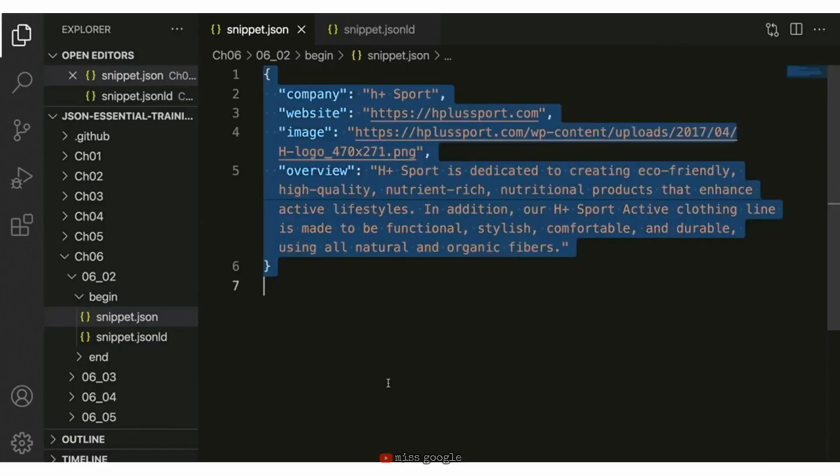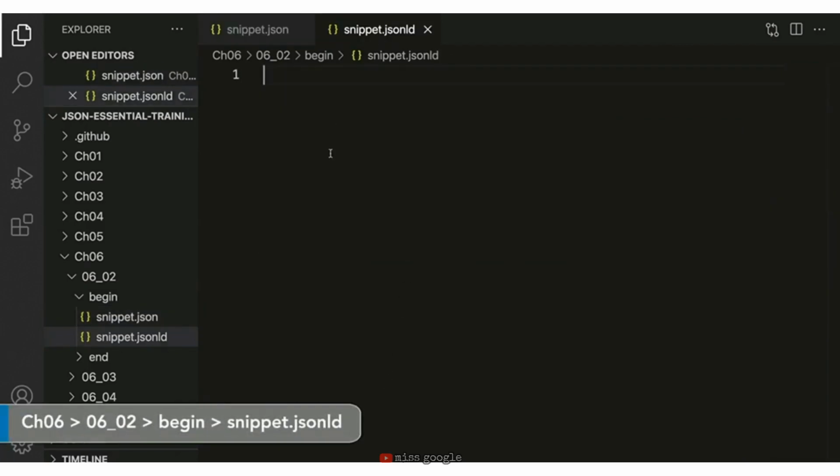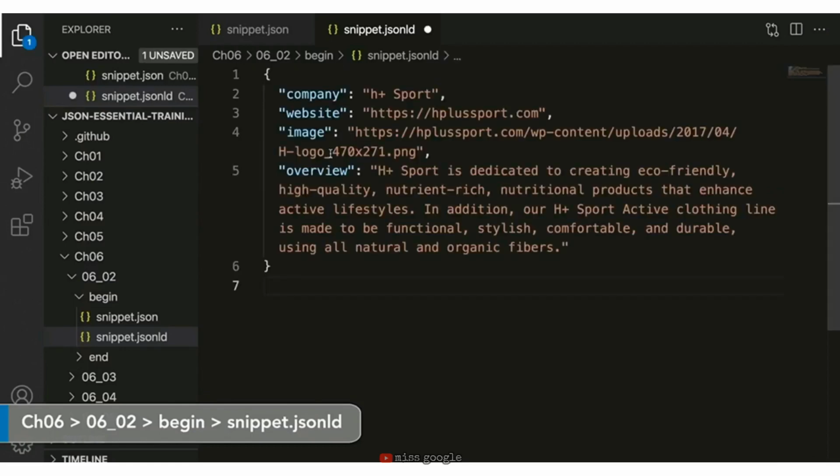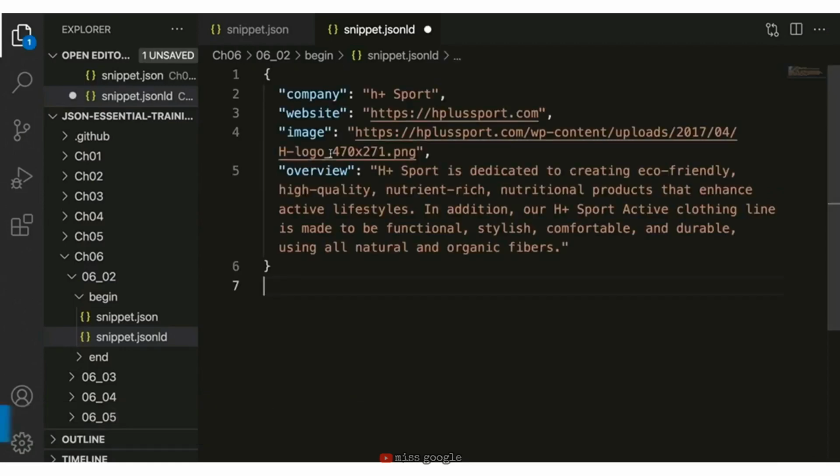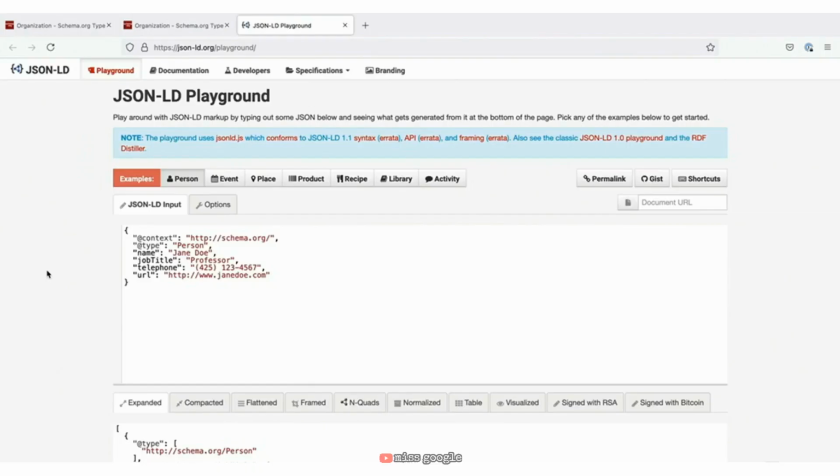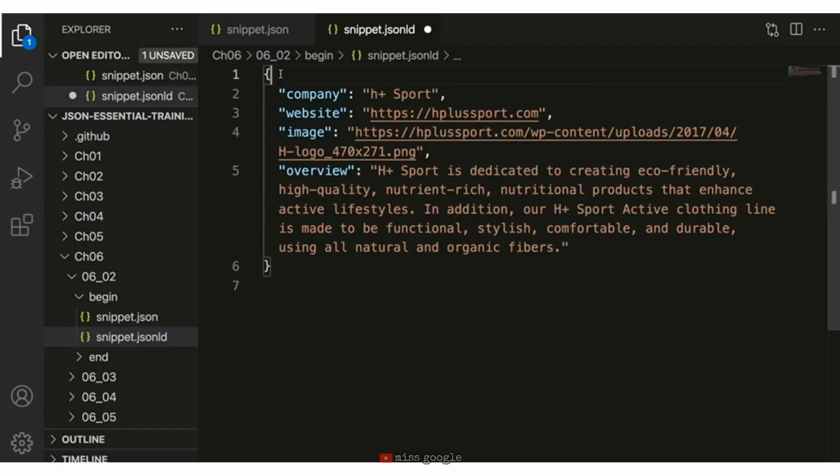First, I'm going to select all of my JSON from snippet.json. I'm going to copy it to the clipboard. And then over in snippet.JSON-LD, I'm going to paste it in as a starting point. The JSON-LD file extension lets the editor know that it should parse the contents as JSON-LD. On the JSON-LD playground, in the JSON-LD input box, I can see at the top that I need a couple special JSON-LD keys. First is @context, which is going to be the same as what's shown for the example, that schema.org URL. So I'm going to insert that at the top,